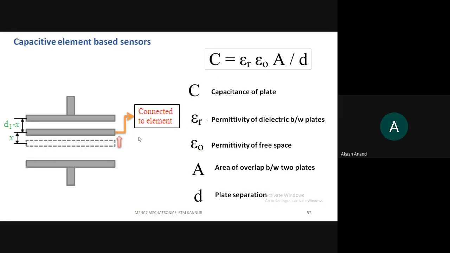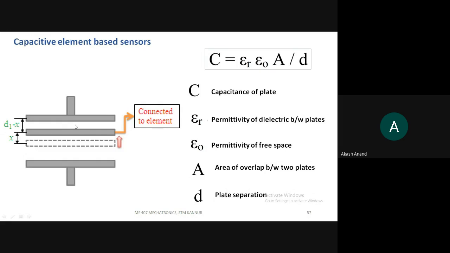Actually I can show this from the diagram. Imagine this is a movable type capacitor, but consider only these two plates. Imagine a capacitance here only. Imagine this end is connected to a wire, and there is no medium here. For understanding, imagine this is a capacitor. The capacitance of this capacitor depends upon the relative permittivity between the plates.